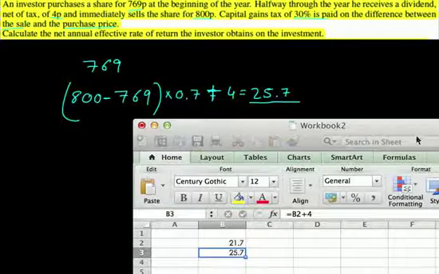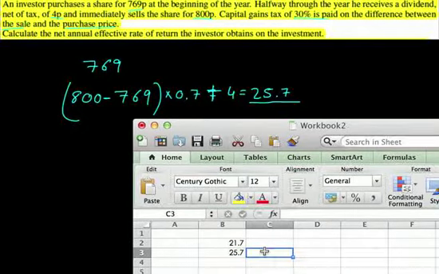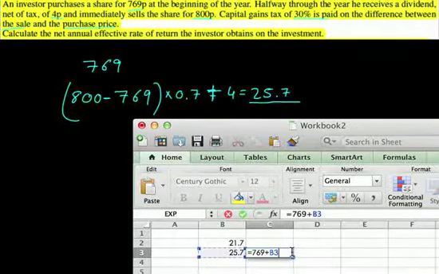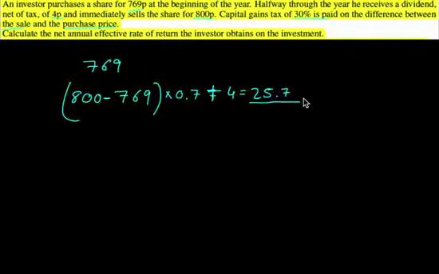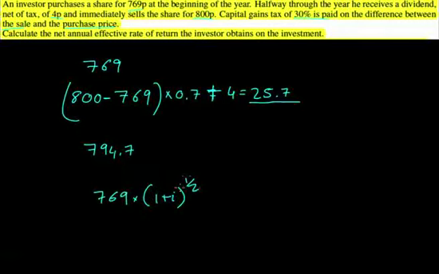25.7. Now we're going to say, okay, what's his end amount? We had 769, and we add on what he's now earned, so 794.7. So even though he sold it for 800, he really only ends up with 794.7. Really, all we're trying to work out now is 769 times 1 plus i times a half a year, and this is an annual rate, which is why we say a half, equals